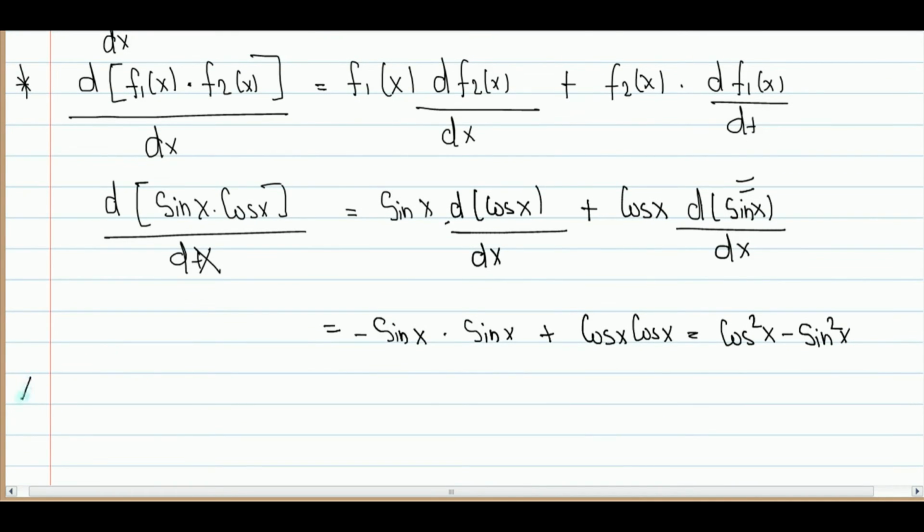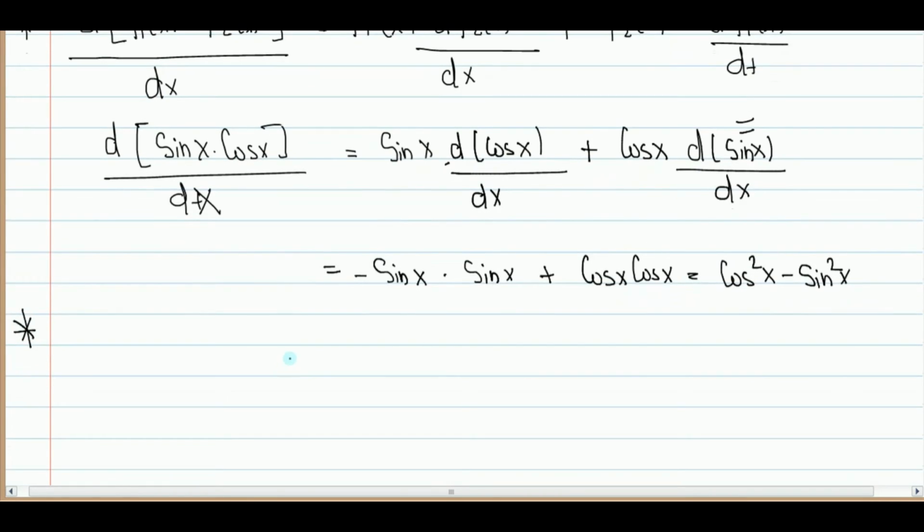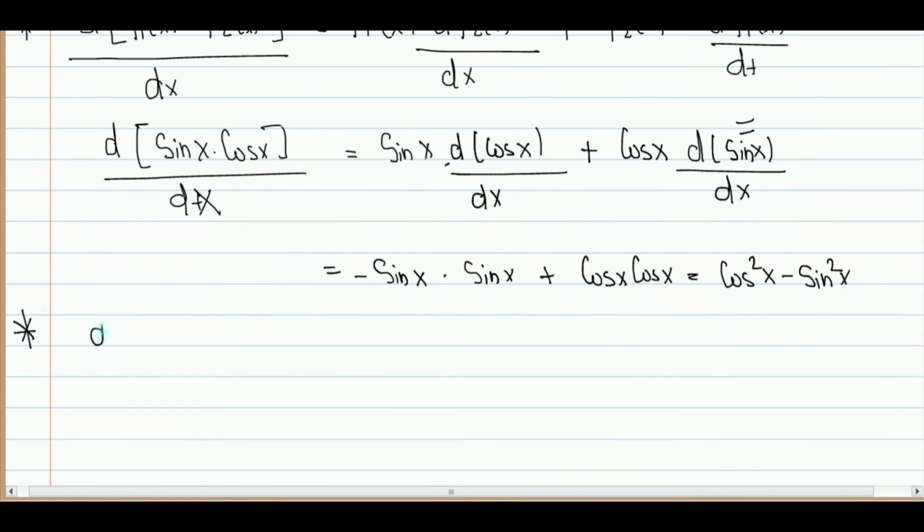So what about the division of two functions? How do we get the value of the differentiation? What if we have to find the differentiation of f1(x) divided by f2(x) with respect to x? Now the function has been divided, f1(x) is divided by f2(x), and we have to find the differentiation of this division. So the formula will be like this only: